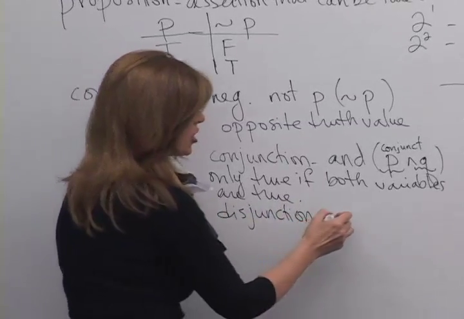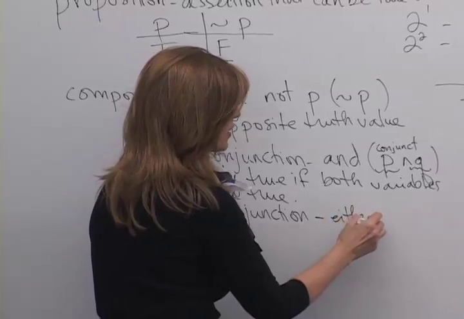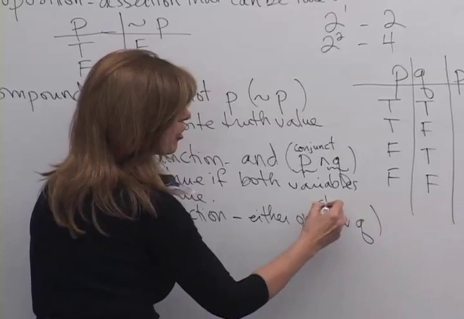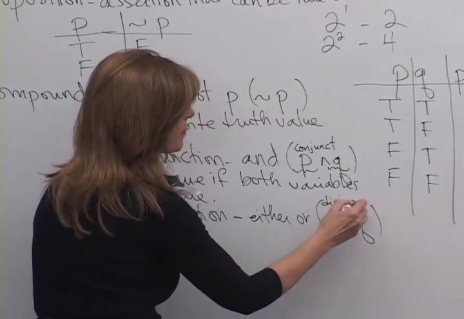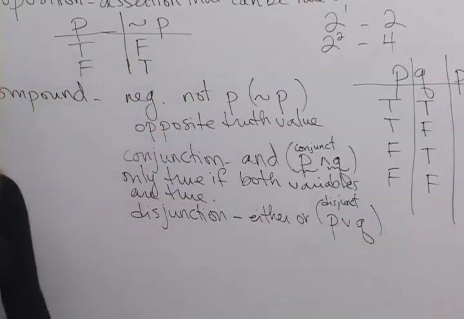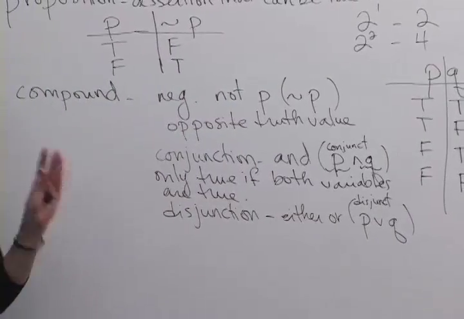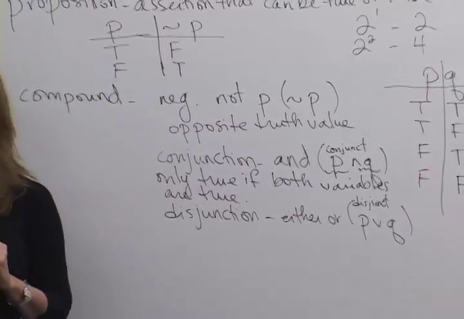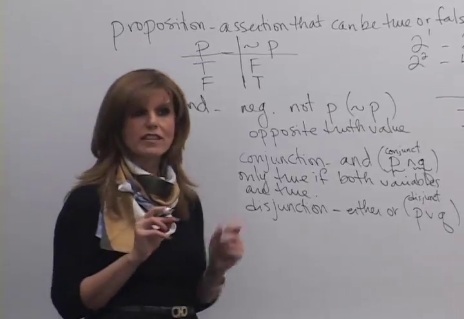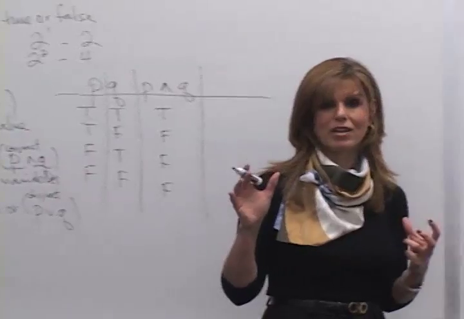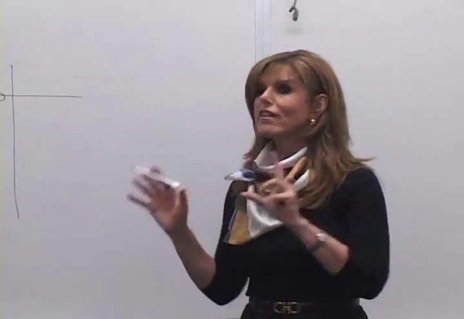Now, the disjunction is either or, as we have discussed, and it's P or Q. And each of them are called disjuncts, remember? So, a disjunction is true always, unless both of them are false. Remember the rule of logical addition that we talked about? You can add anything to a statement, so long as one of them is true, then both are going to